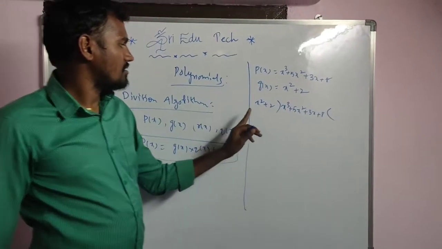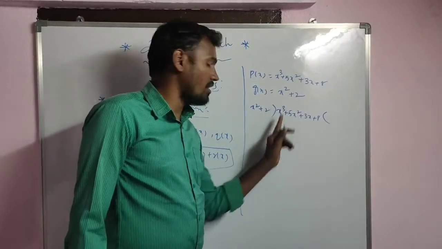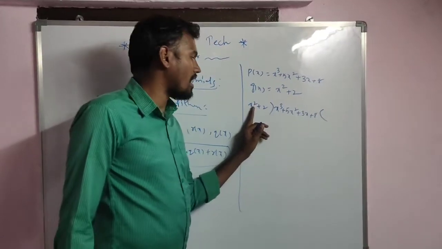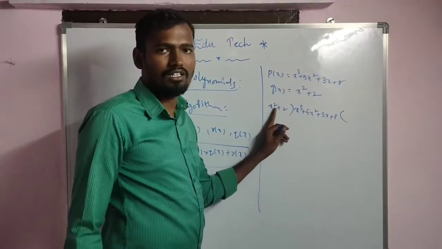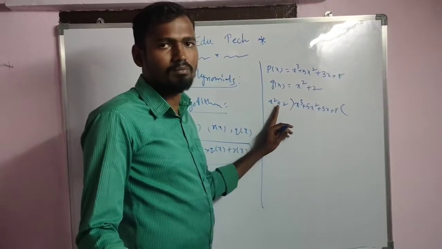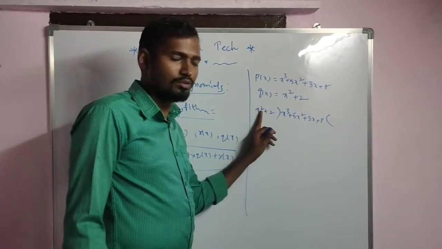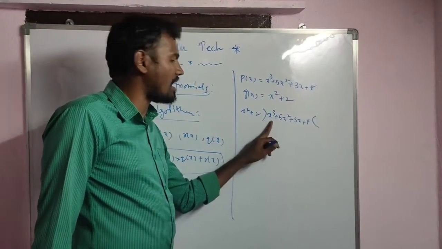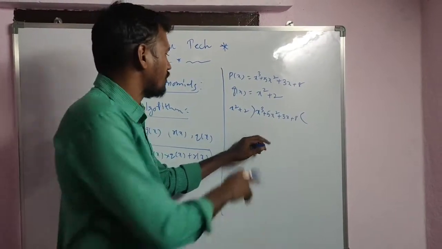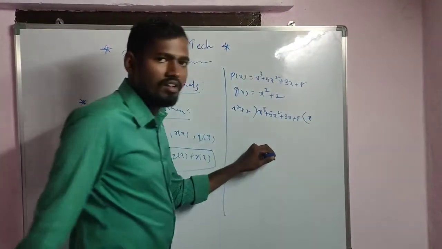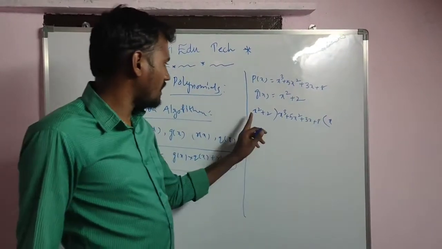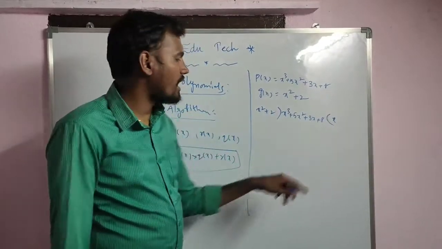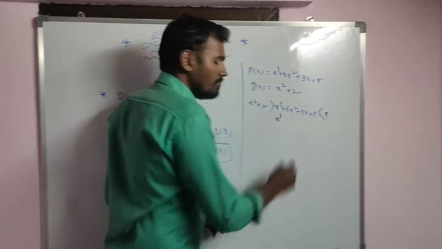See here, we have to cancel the first term. That is our target. How much degree does g of x have? Here 2 is the degree. Degree is nothing but the highest power. Here it has 2, here it has 3. Then how much do you have to multiply with x square to cancel this one? Here you have to write x, x to the power of 1. See, x square into x means x cube, right?